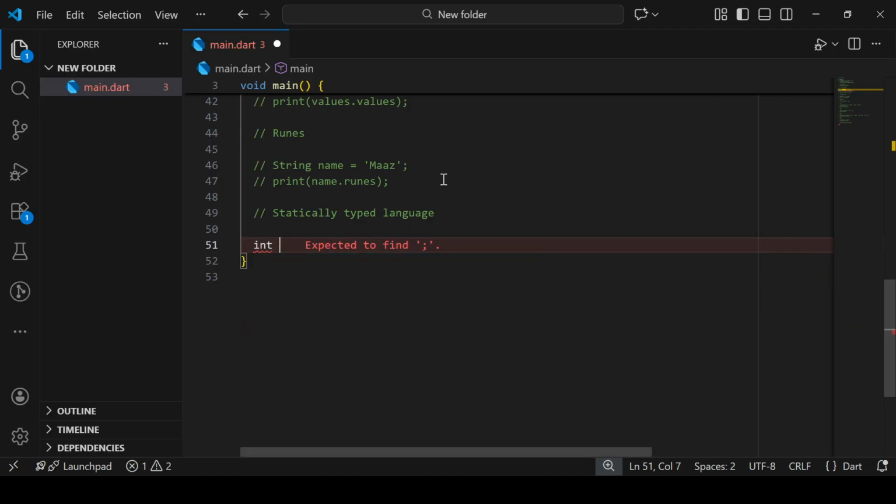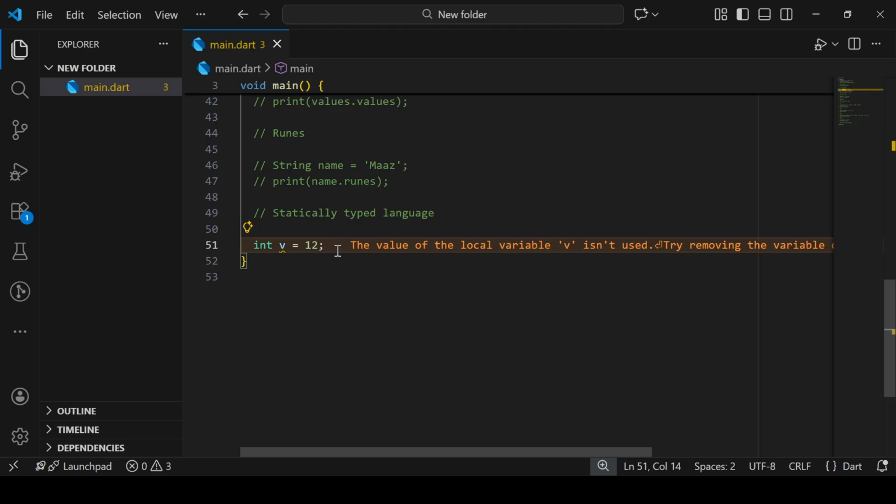For example, I write integer v is. Here we know the type of this value is integer, so it's a fixed type. Remember that, and here in compile time,